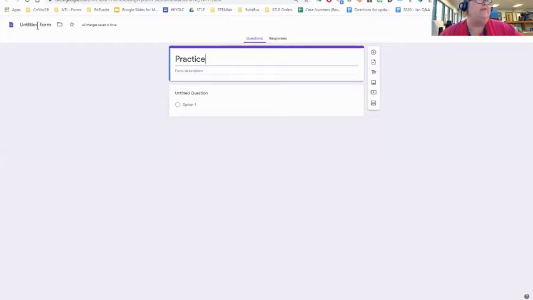And the next thing I like to do after I title it is, in the top left where it says Untitled Form, if I click that right now, it will name it the same thing that I've typed, and I haven't had to do any typing. You don't have to keep that. I can click back up here on the file name on the top left, and I could type and make that different than the title,